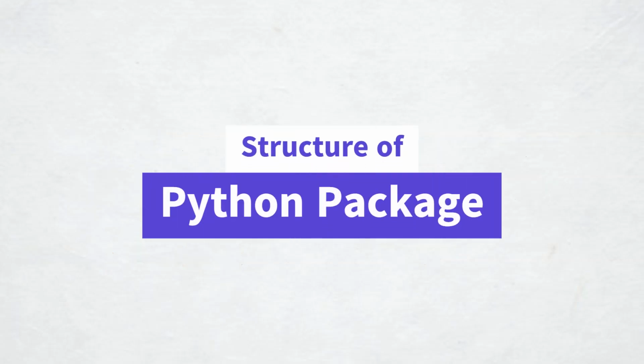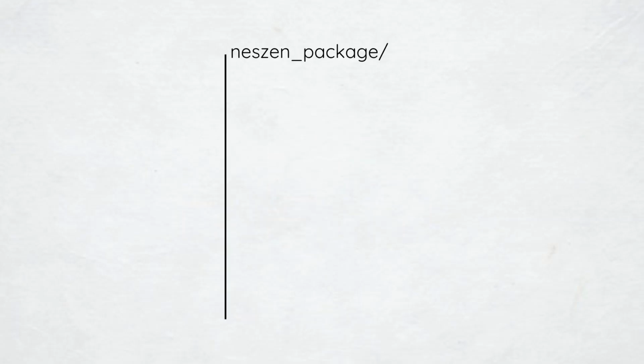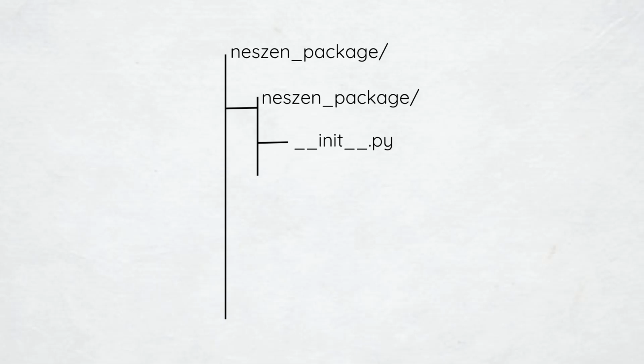Before we dive into code, let's first understand the structure of our Python package. So you can see the structure on your screen, where first we have the root directory of our project. It contains all the files required for our package, and inside the root folder, we have the actual package folder with the same name. So this contains our Python code and logic. And inside the main package directory, we have an __init__.py file. This file tells Python that this folder should be treated as a package. And then we add modules in this directory with the functionality.